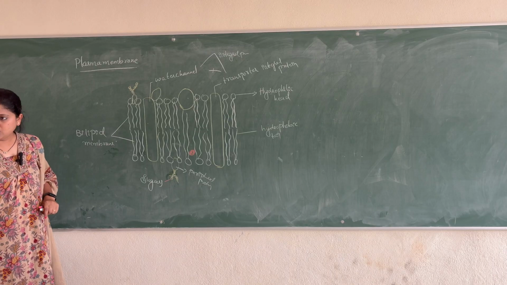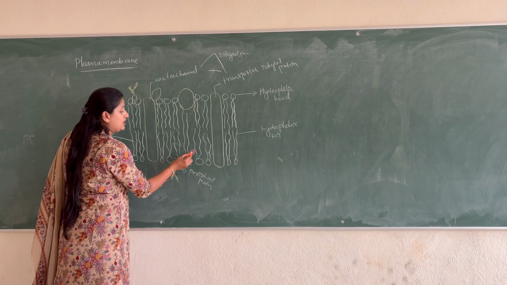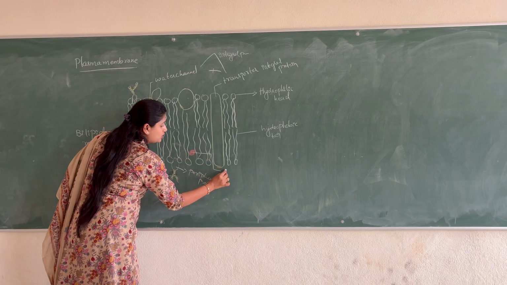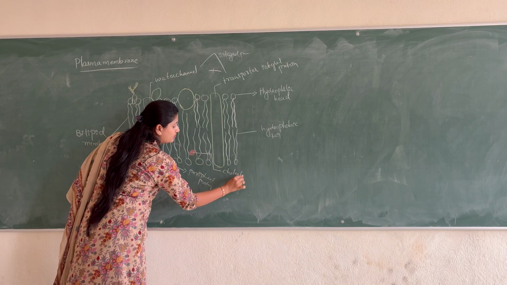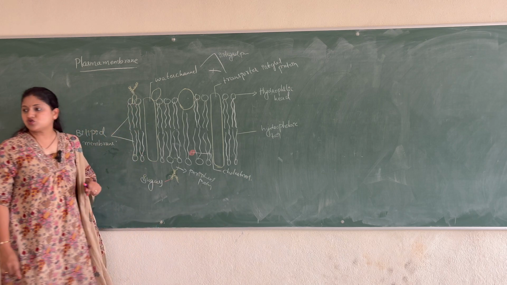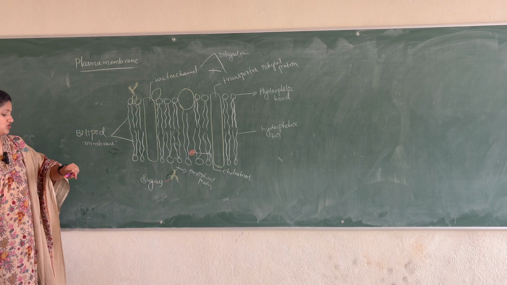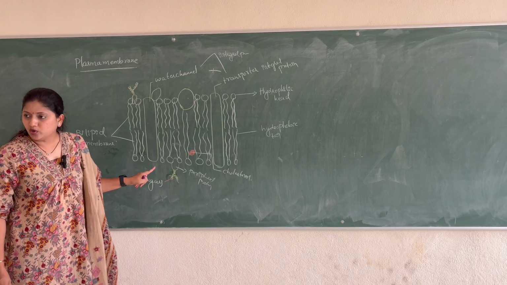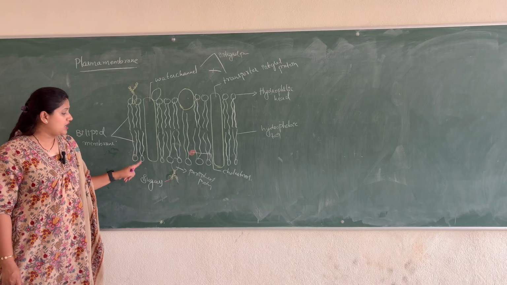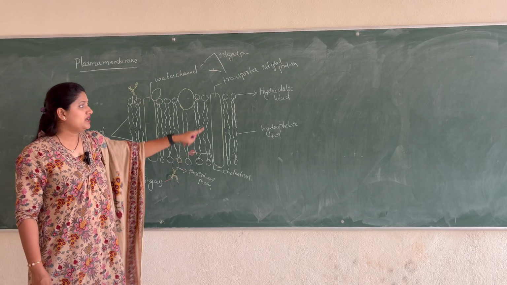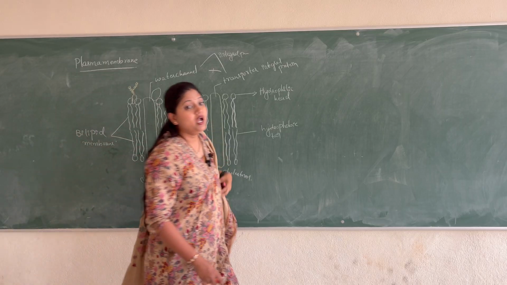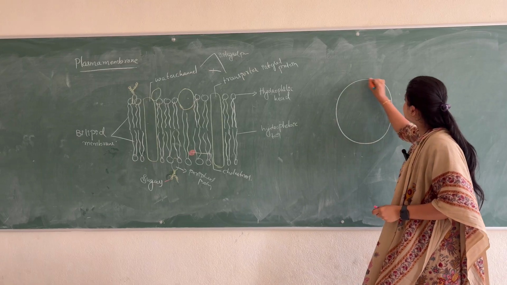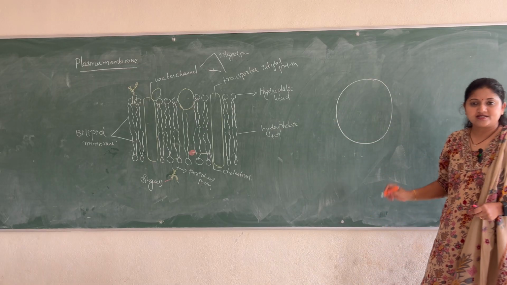Clear? Okay. Now, here we have one more molecule, which is the cholesterol. Okay, we have the cholesterol here. Clear with this? Okay, lipids, proteins. In the lipids, we have shown here the bilayer with the hydrophilic head and the hydrophobic tail. See, now let us imagine this is a cell.